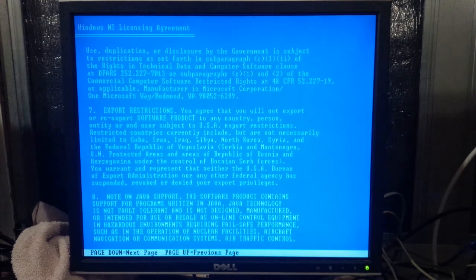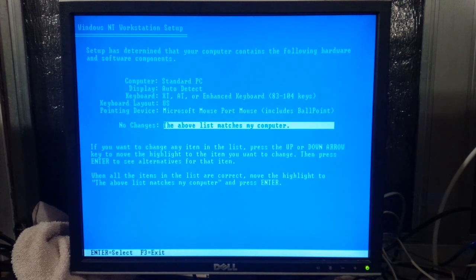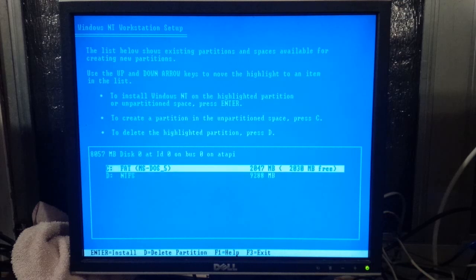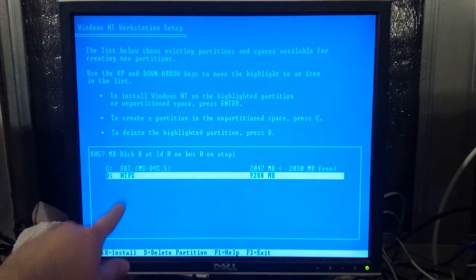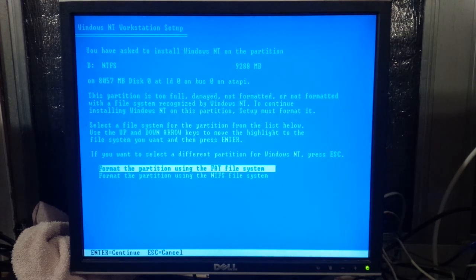And it's going to make you scroll all the way down through the license agreement. And F8, I agree. The list above matches my computer. Wonderful. And this is where things get different. We're going to press N. And here it shows we have two different file structures. We have FAT for MS-DOS and NTFS. So I want to choose one NTFS to continue and use the partition anyway. Press C. The setup will confirm this action again later before actually reformatting the partition. Really? You want to...